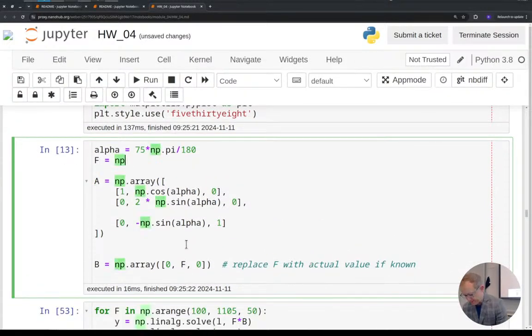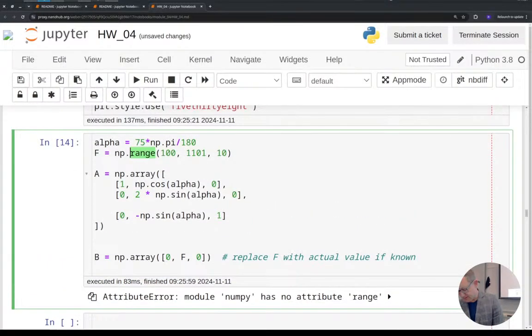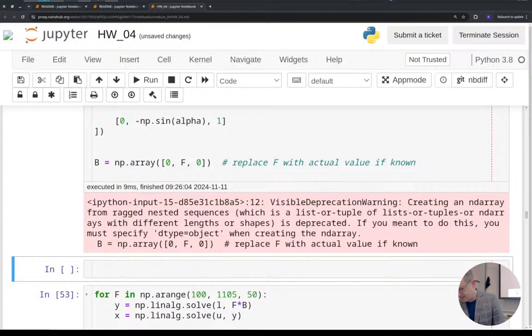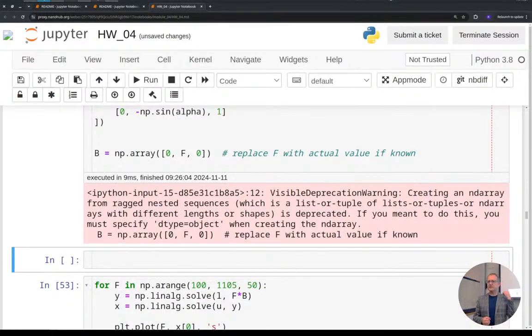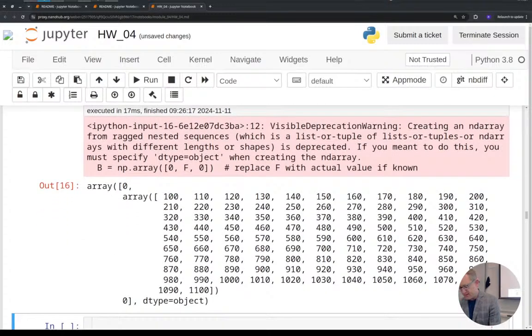So I want F to go from 100 to 1100, taking steps of 10. So let's go to 1101. And then I know my B matrix has F as that middle value. But when I try to run this, it's going to tell me, oh wait, np.arange, there we go. It gives me more of a warning, if it's pink like this. And if I try to look at what that B value is,